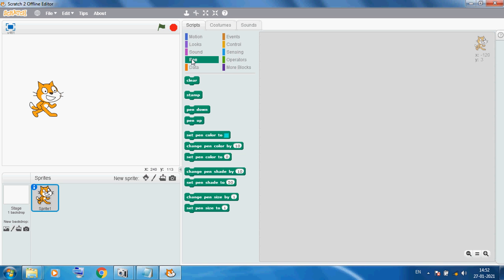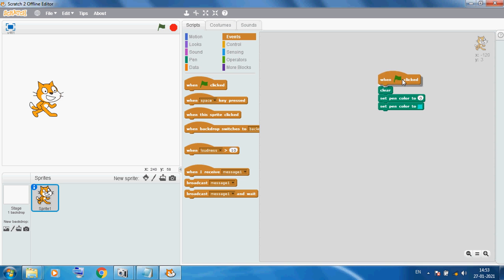Here we use clear. Then we use set pen color, and again set pen color, here I am using this. Students, now we use when this sprite clicked.